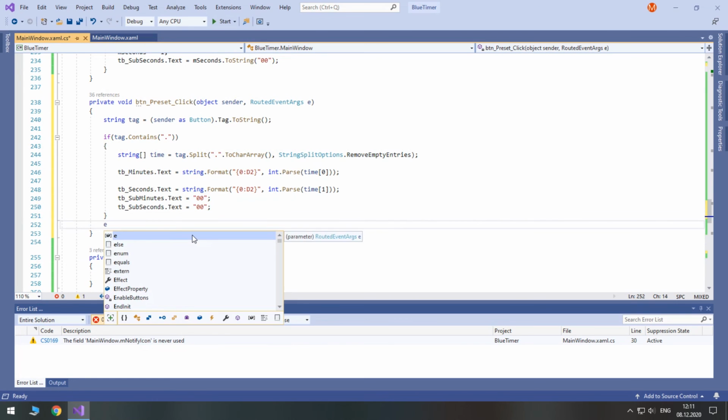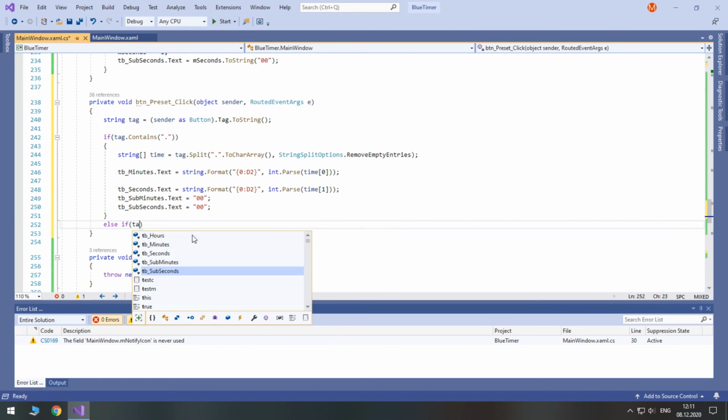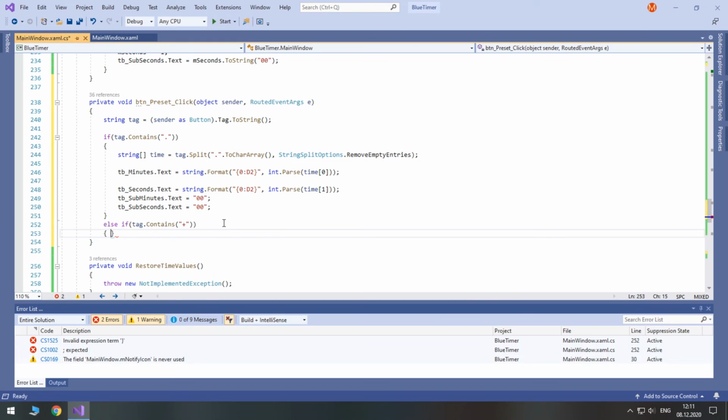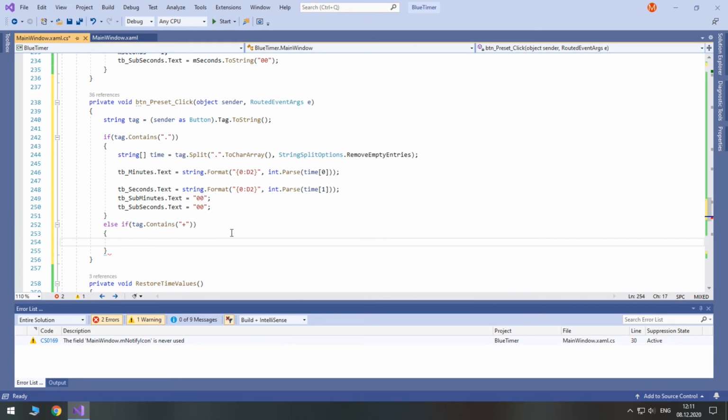Otherwise, if there is no dot but a plus, we again separate the tag by a plus and write two values to a string array.